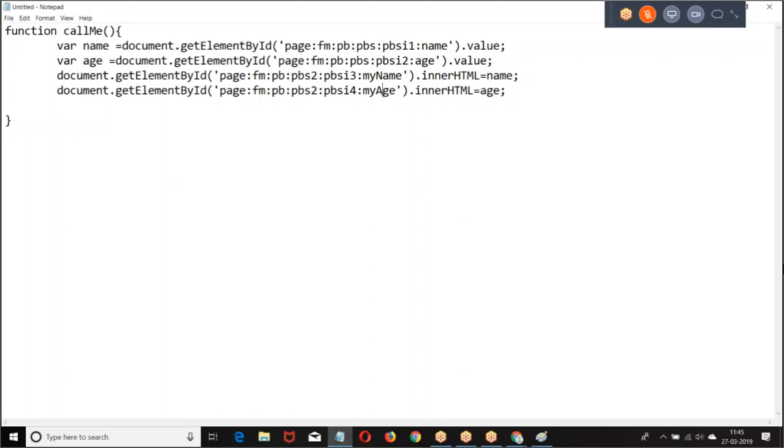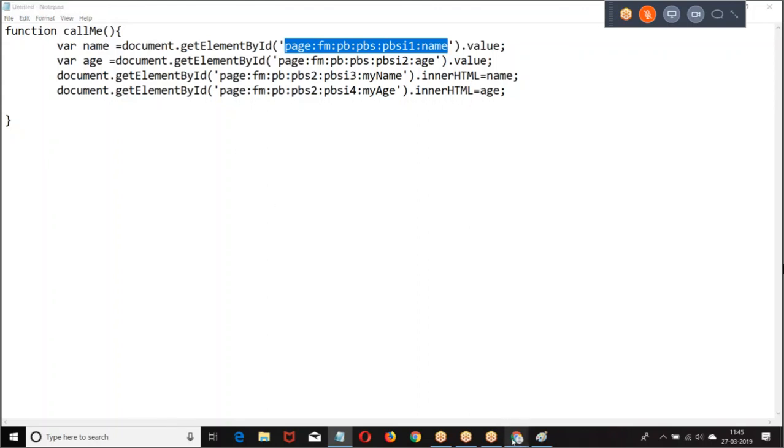Okay. Now, every time giving such a lengthy name, the complete path, is difficult for me. I cannot give it every time. Say only 10 or 20 lines you are able to give. Suppose the page has 500 lines, will you give the complete path? It will be difficult. Then how do you do that?